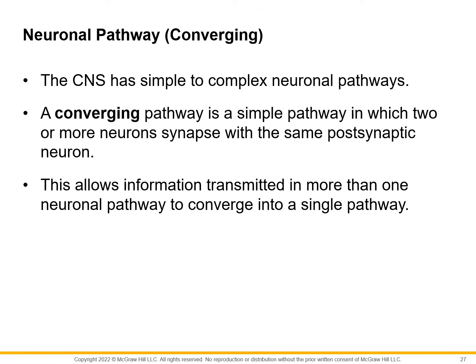This slide talks about neuronal pathways, also known as converging. This is basically how neurons are arranged. Kung nasaan yung postsynaptic terminals, ilang neurons yung nasa presynaptic terminal, and other stuff like that. A converging pathway is when two or more neurons serve as a presynaptic terminal and send signals to the same neuron having only one postsynaptic terminal.